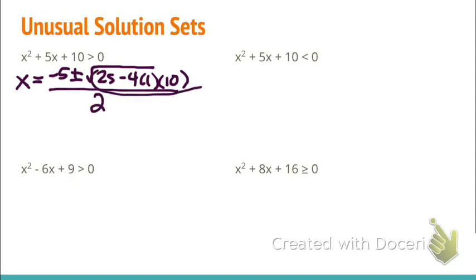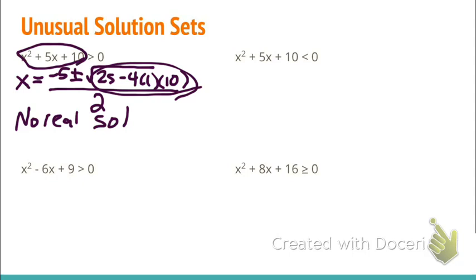Right away I could tell this discriminant is going to be negative 15, which means this is going to have no real solution when we solve the quadratic equation, which means there's no x values that make this equal to 0, but there may be x values that make it greater than 0. So in other words, this expression that I kind of covered, now you can see it, does not have any points where it hits the x-axis, which means it never crosses from positive to negative or from negative to positive,